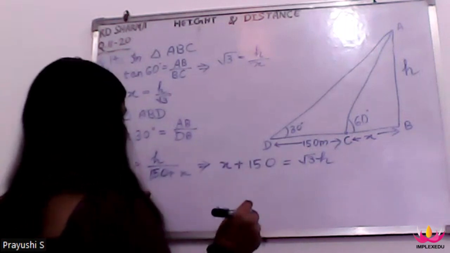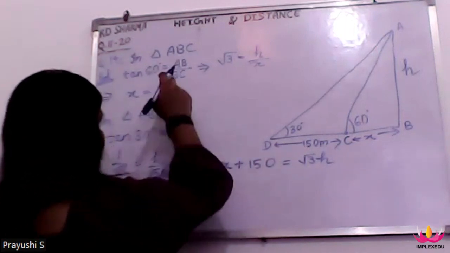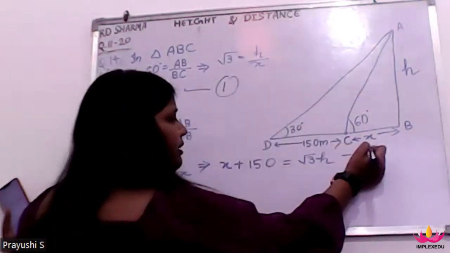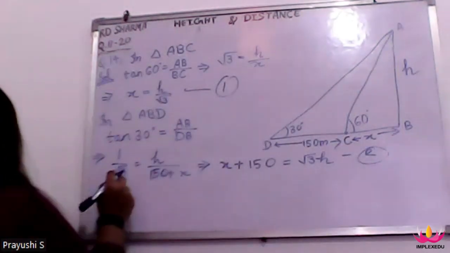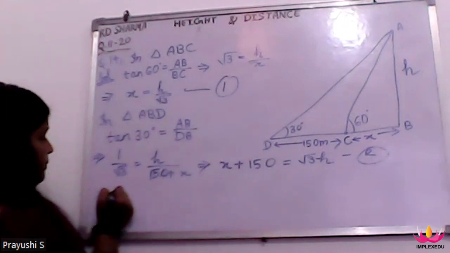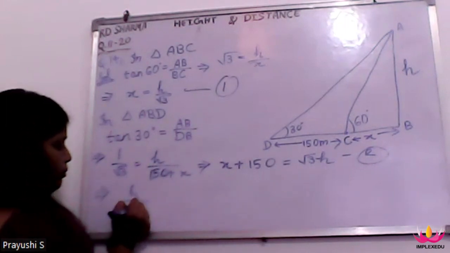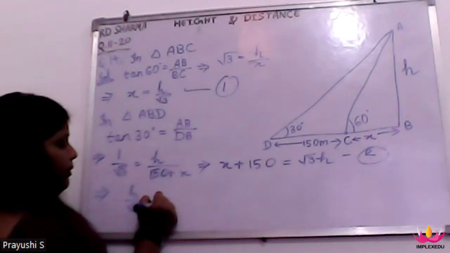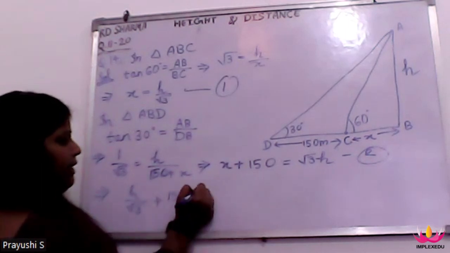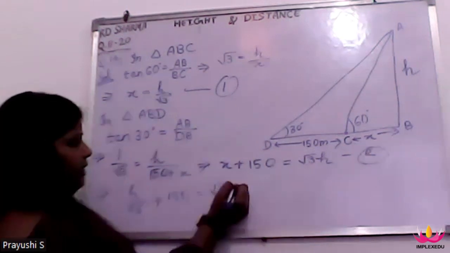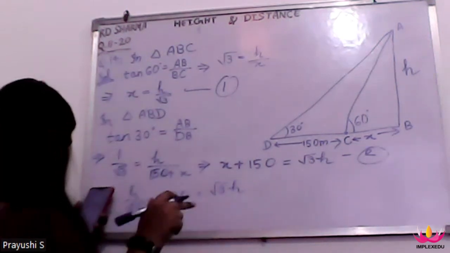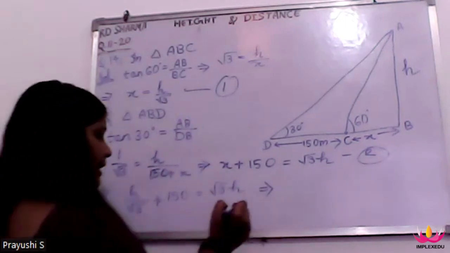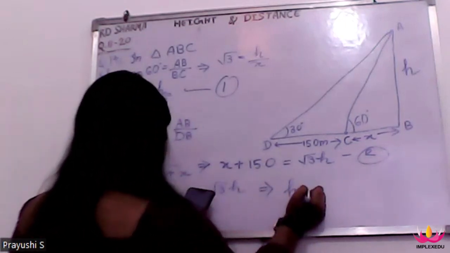And when we put the value of x from the first equation, it will be h upon root 3 plus 150 is equal to root 3h. And from here, when we solve this, we will get h is equal to